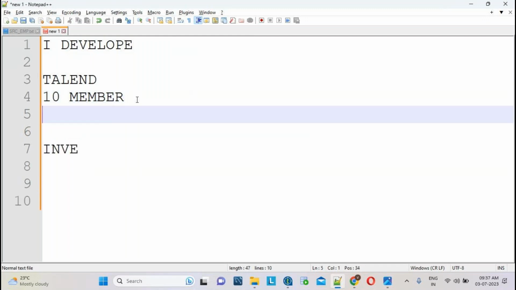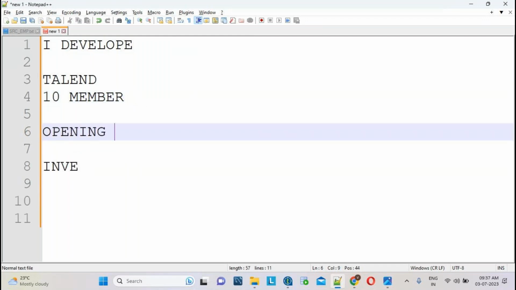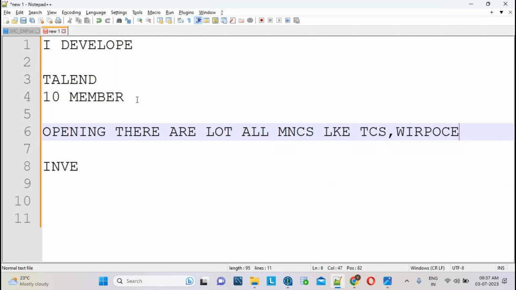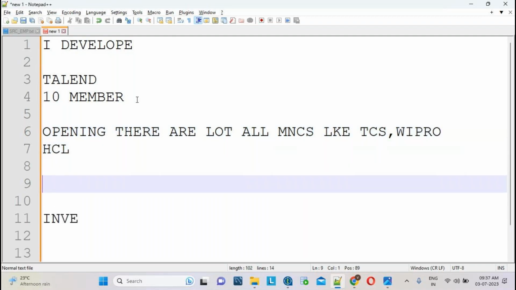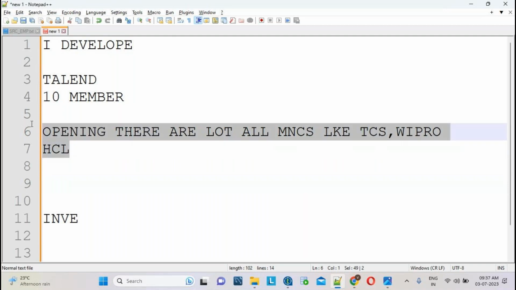Coming to the openings side, there are a lot of openings. All MNCs, guys, like TCS, Wipro, HCL, all MNCs have openings.